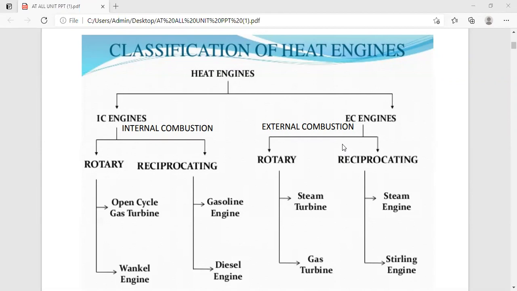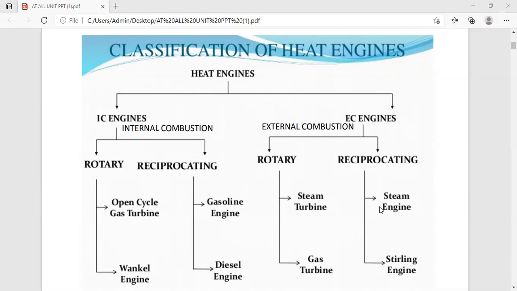External combustion engines are used in marine applications. Suppose we take the example of the steam engine. What happens in this steam engine? Steam is generated outside, and from that steam the engine is run. Steam is introduced inside the cylinder, and due to the steam forces the to-and-fro motion of the piston occurs, which is converted into rotary motion. So we supply the steam to the engine, and it is driven.